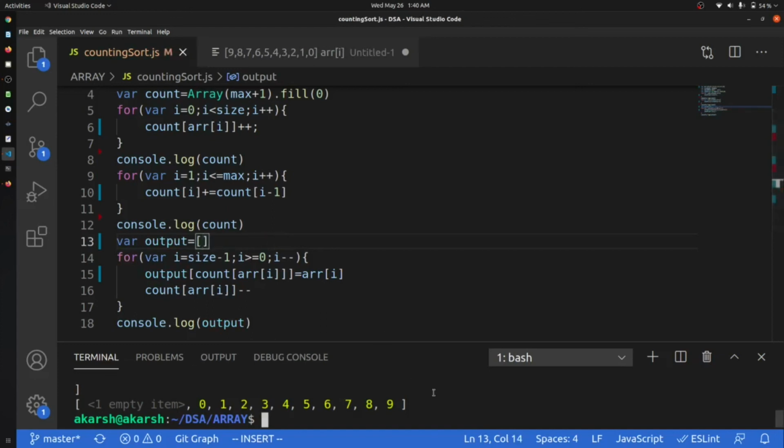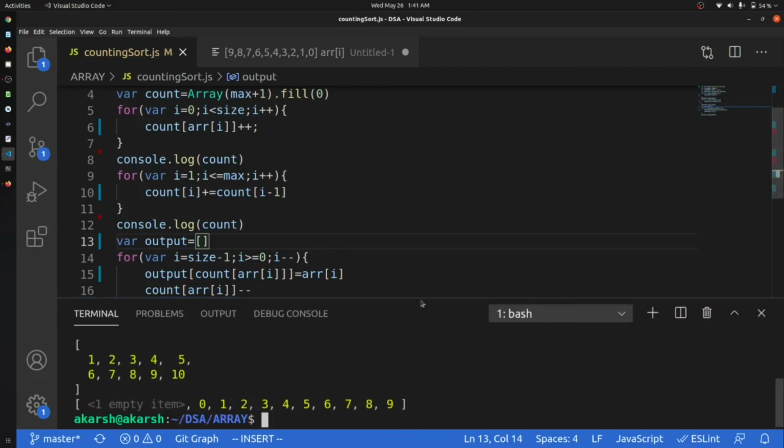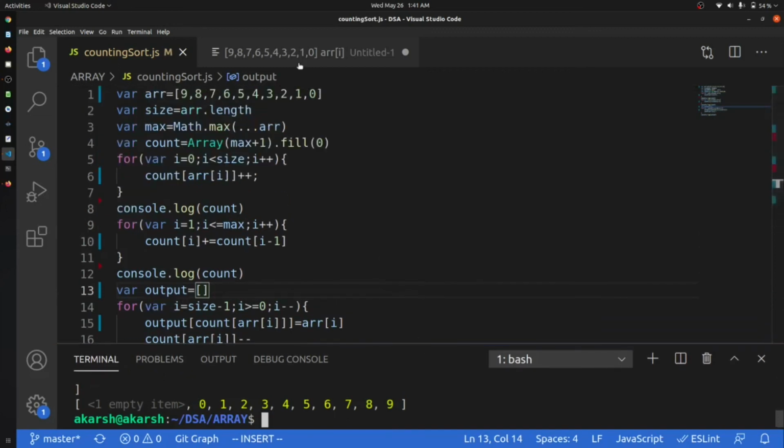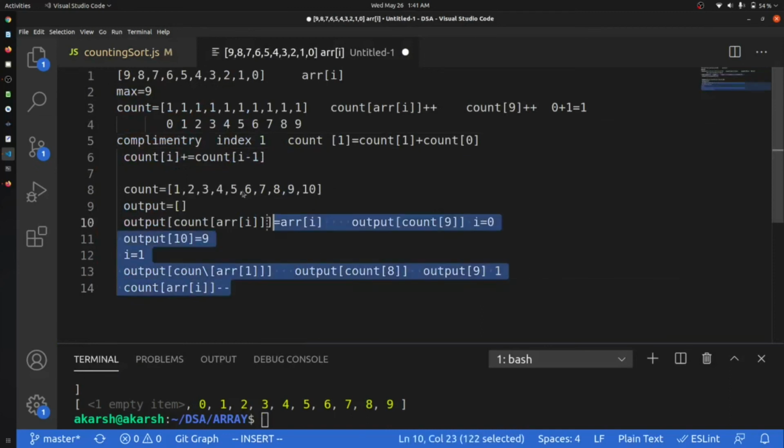But I am sure that you have understood how this counting sort works. I'm not sure why it is showing this issue, but I will figure it out. I'm sure that you have understood how we can use counting sort in our interviews or in college exams.